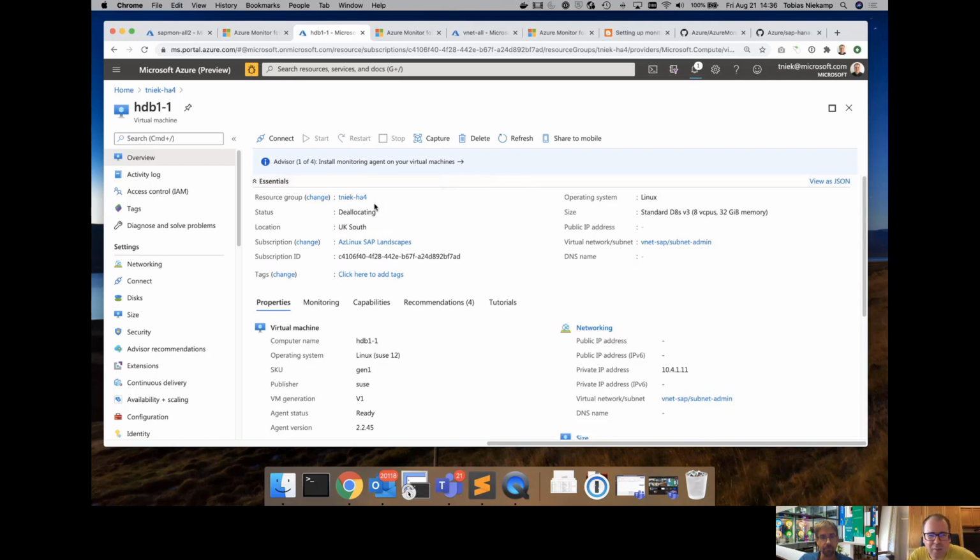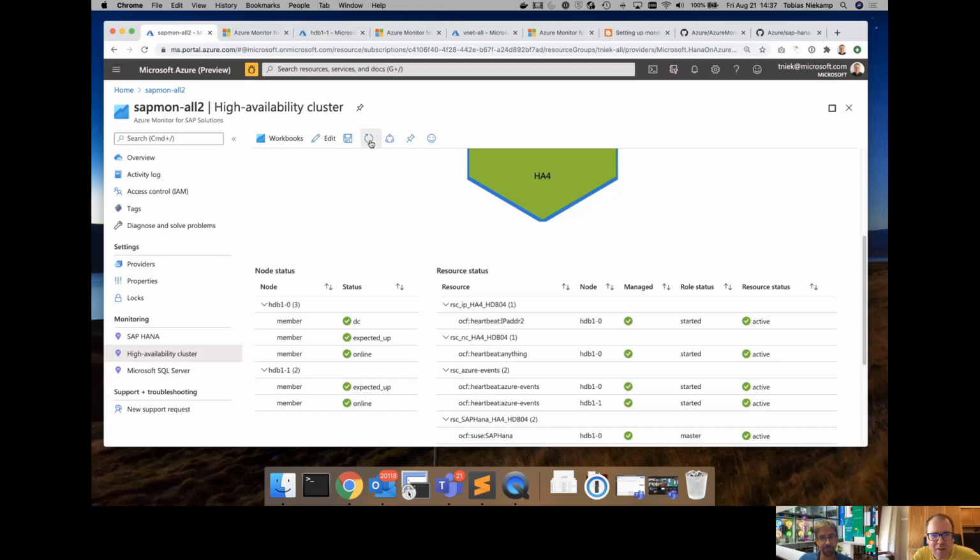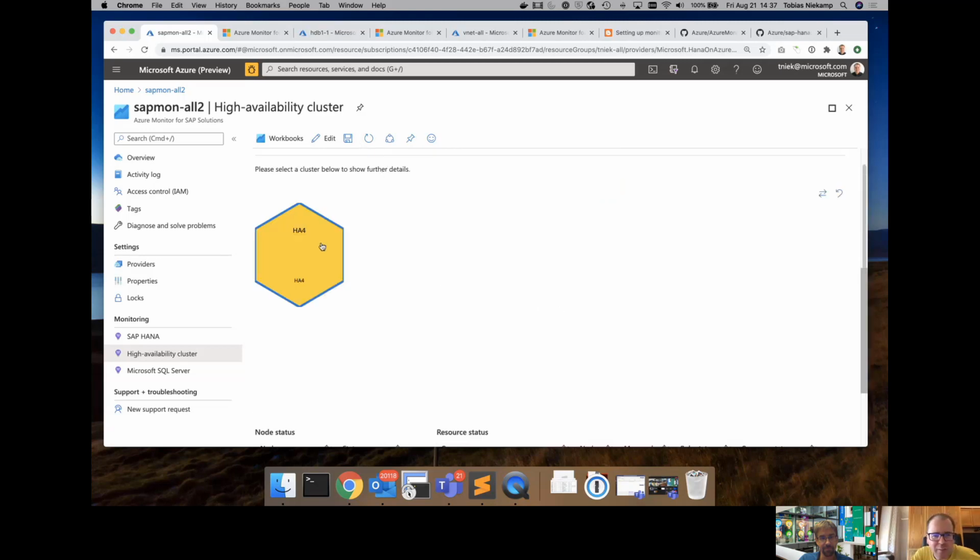So the one thing I just did, I actually just broke the landscape. I did that on purpose. And I actually just shut down one of the nodes inside our Pacemaker cluster, right? So I just stopped that VM. It was a single node cluster, or actually a 2-node cluster, single node in the lingo of HANA, but yeah, it's really 2 nodes. Because you have 2 sides, and eventually this may take a moment, and we can come back later if it hasn't already picked it up.